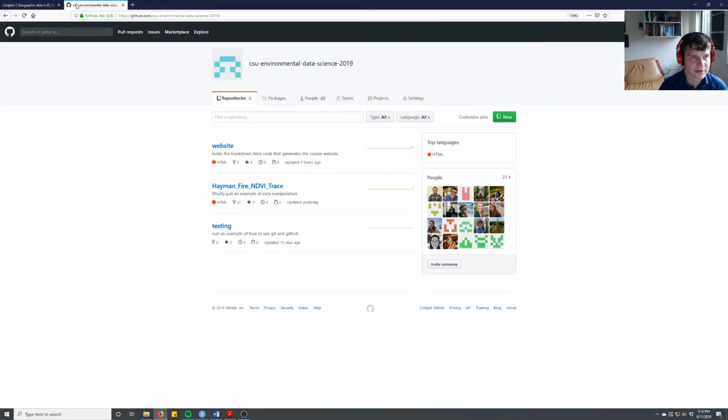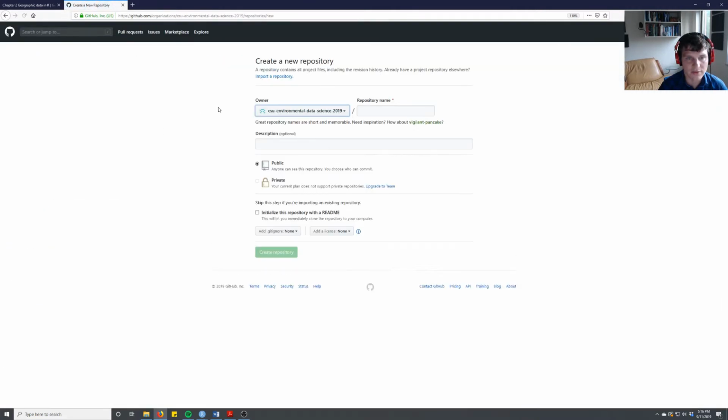So for this section of the workflow, we're going to make a new repository, and we'll call it Lagos Analysis. And if you're wondering what Lagos is